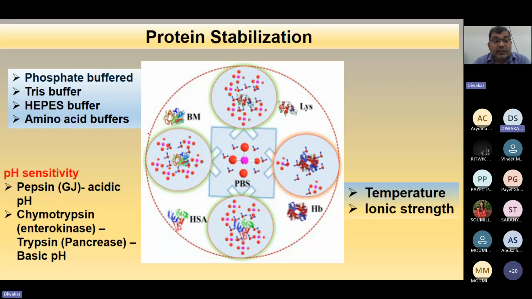I have taken one example from the digestive system, how pH regulates protein functionality inside the cells. Suppose in the digestive system, one of the proteins is pepsin, a component of gastric juice. As you know, the gastric pH is highly acidic, near about 2. When the food material leaves the stomach and reaches the duodenum, at that time the enterokinase enzyme activates chymotrypsin and then the synthesis of trypsin, which requires a basic pH. So the first step is neutralization of pepsin activity and then activation of the trypsin enzymes, which require a basic pH for activity. So this is the sensitivity of protein molecules inside the cells, and nature defines the cellular systems in